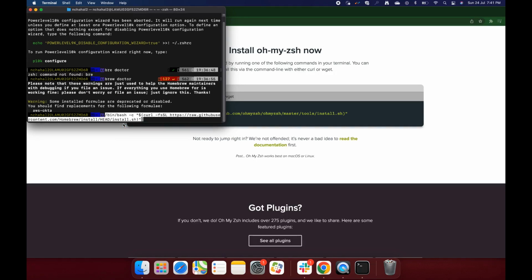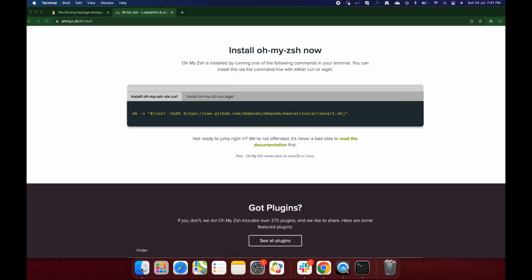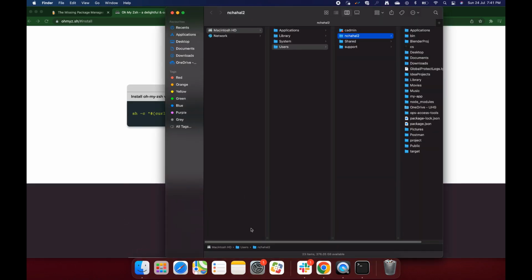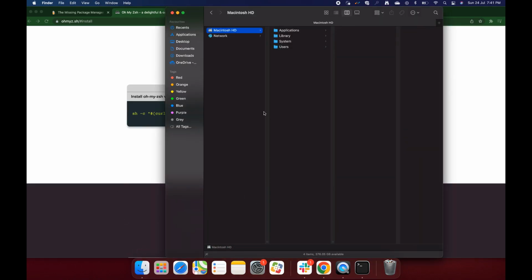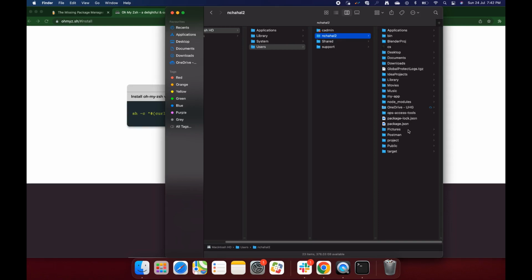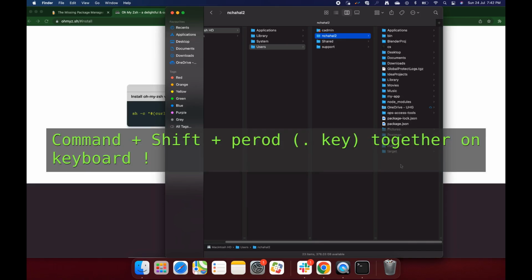You just paste it and hit enter, and after it has done all of its processing, you can just close your terminal. Then, if you are in your Mac HD hard drive, go to Users, your current user, like mine is nshell2. So then there, to view the hidden files, you need to type